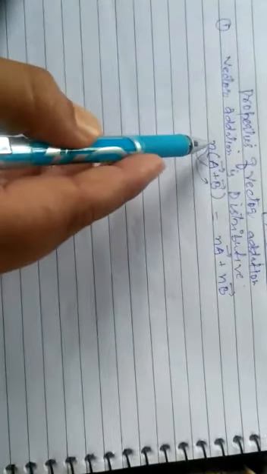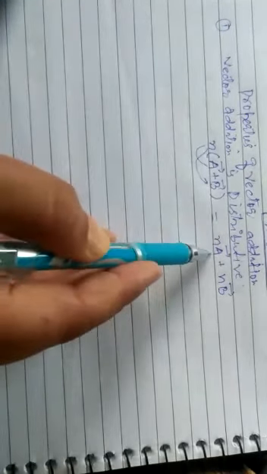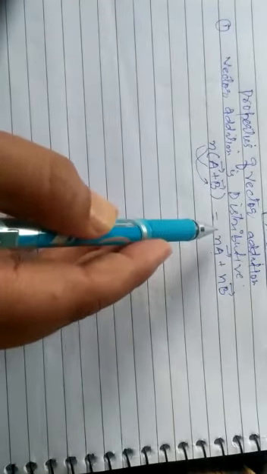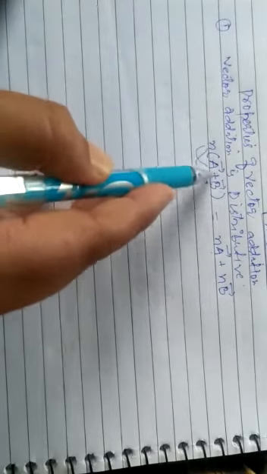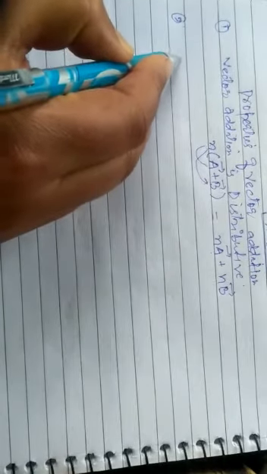For example, if n is 10, with vector a plus vector b, it is 10 times vector a plus 10 times vector b. So this thing is called distributive. Whatever number we have, whether positive or negative, it is distributed to both. The second property, which is important, is commutative.